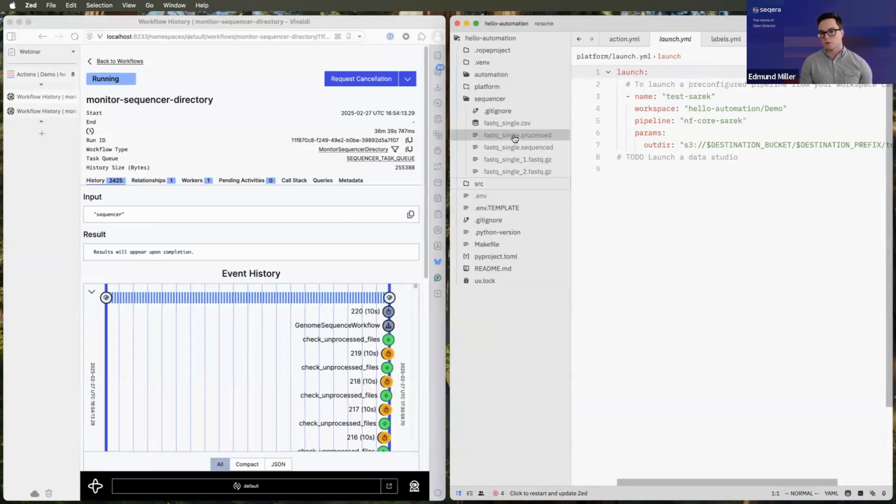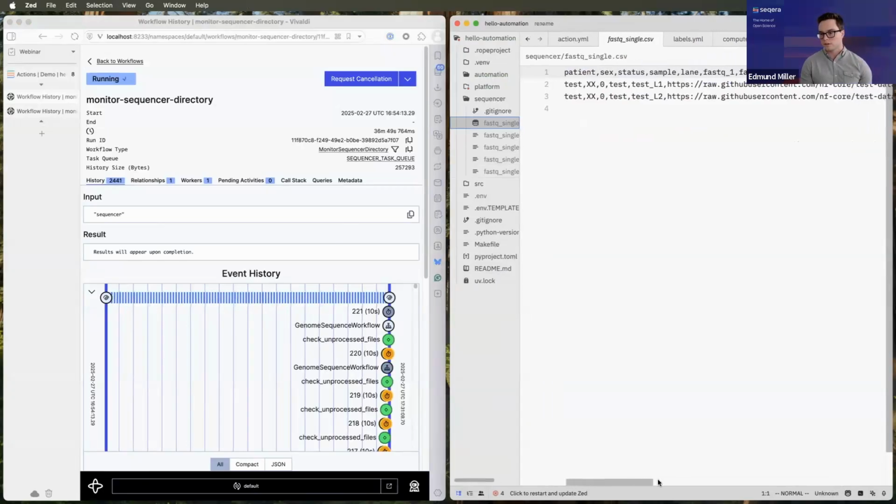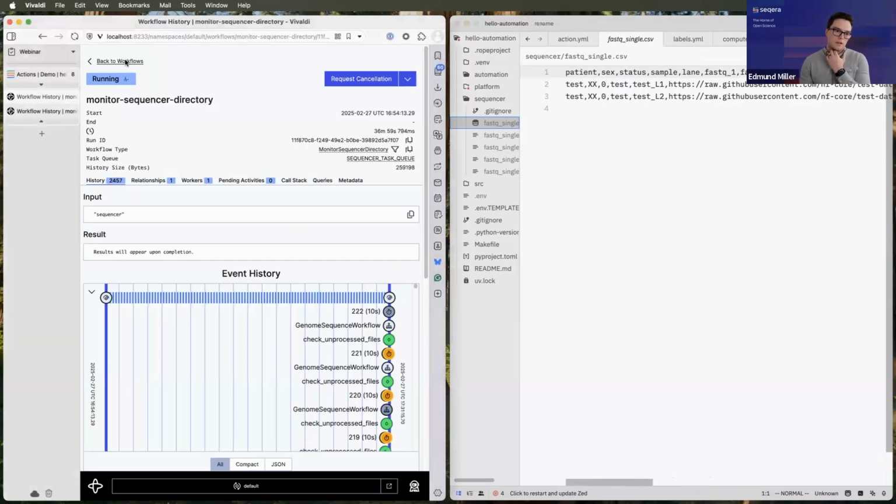But you can see that now we have a processed file that says, okay, I finished this, don't keep checking this directory. And then we also have created a CSV here. This is going to be our sample sheet for Seqera, and that has all the paths there. So over back here in Temporal,